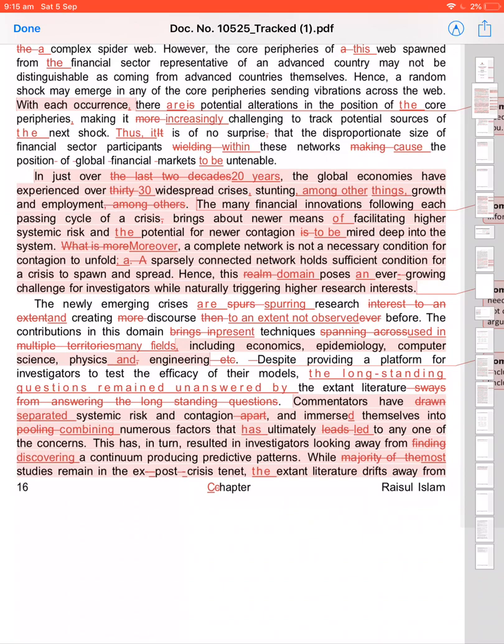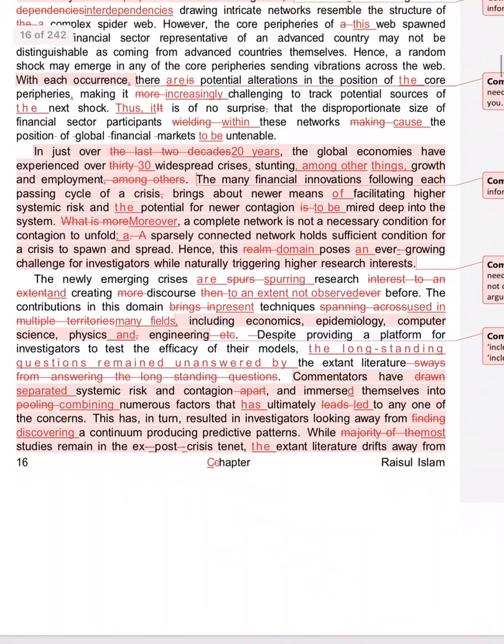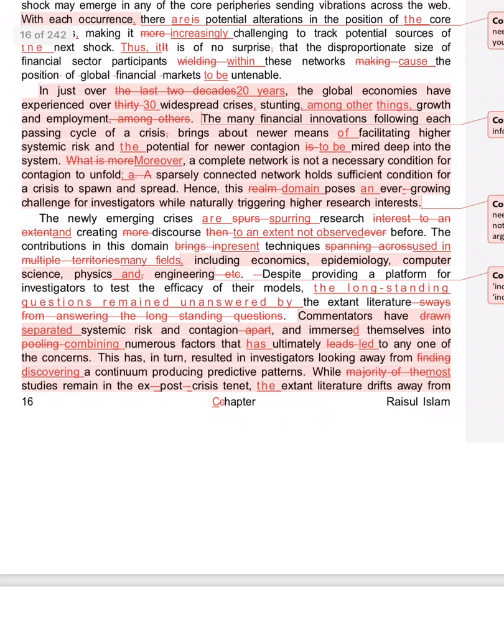Okay, the potential. What is more, not necessarily moreover. Fine. Hence, this realm poses ever-growing challenge. No, this domain poses an ever-growing challenge. Moreover, what is more, not among other things. Fine. The newly emerging crises are spurring research. Okay, my charge is